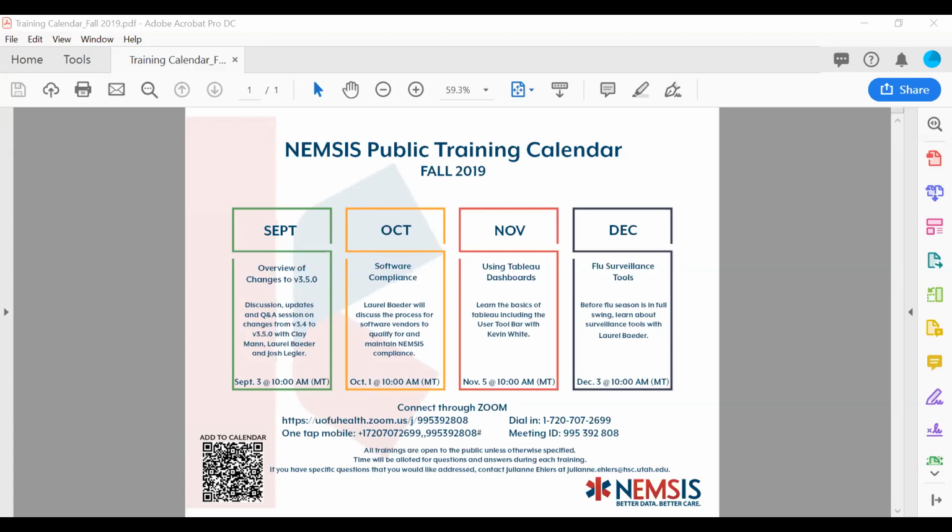We're able to spend some time with Clay and Laurel and Josh, really digging into some of those changes. So for those of you who are interested in the process for software vendors to qualify for and maintain NEMSIS compliance, we'll have an opportunity to talk with Laurel on October 1st for that. The next call will be September 25th, same time, same place.